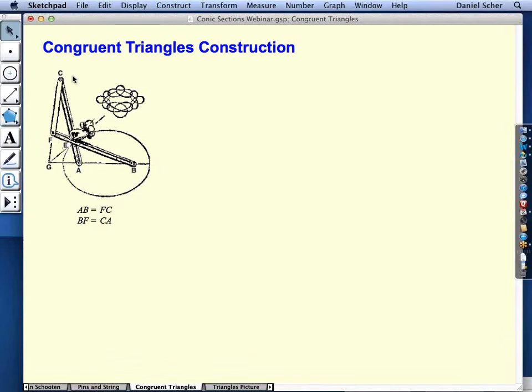So now we're actually going to build the model. And I should also say that for teachers who want to use this material and not build everything from scratch, my book comes with pre-built models of all the different construction techniques, so you can just jump straight into the investigation and proof section. So I'm going to need two segments to represent AB and BF,